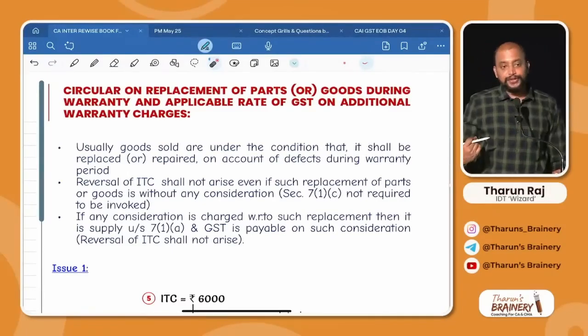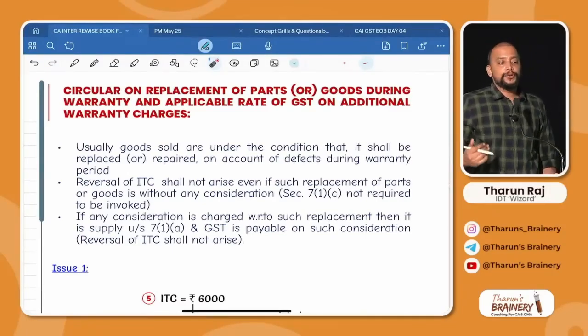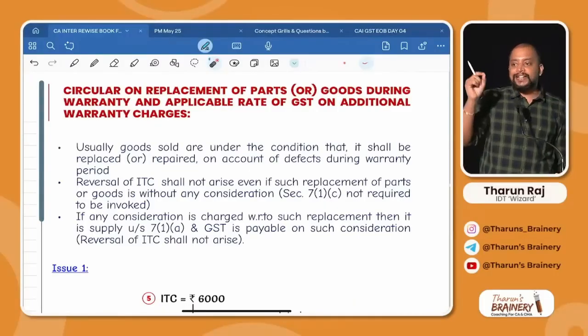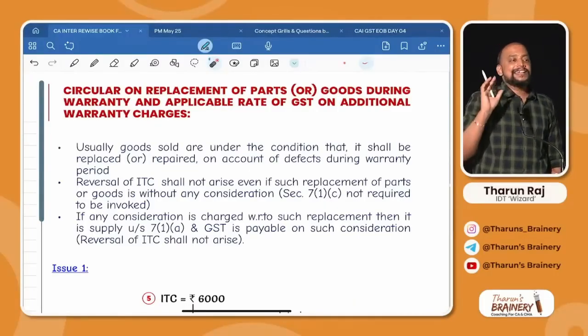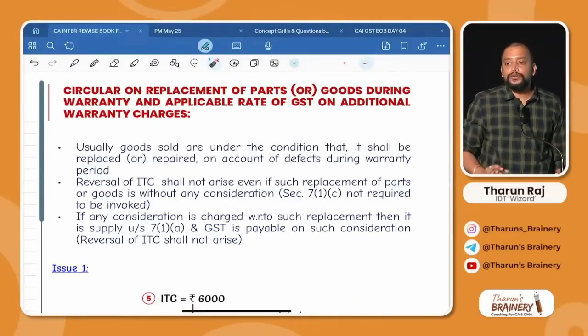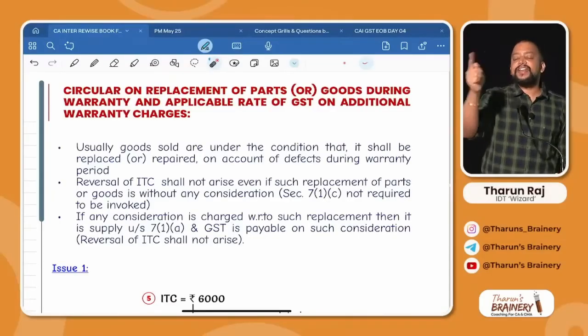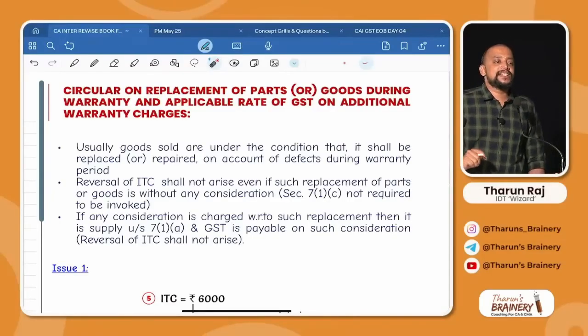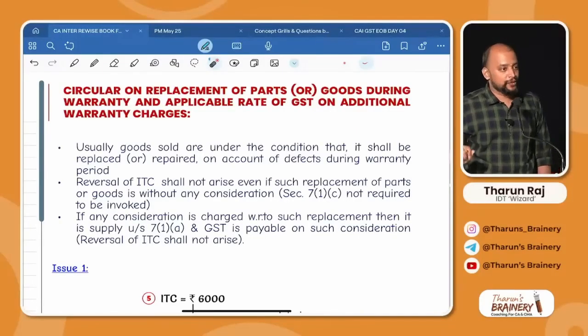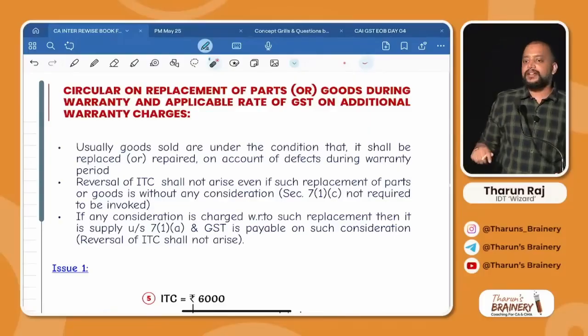But before moving to this circular, I want you to prepare one table in your notebook. In that table, I want you to write the differences between 18(1)(c) and 1(d) versus 18 subsection 4. Okay. So take your notebook,